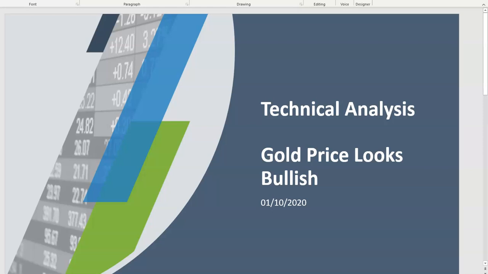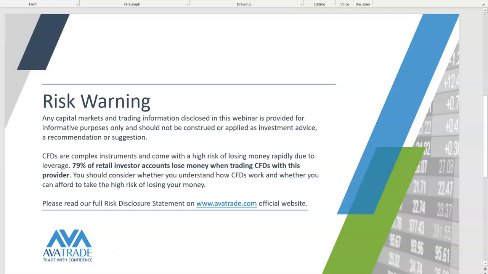Gold price is looking very bullish. So let's have a look at the price action and let's see what exactly it means in terms of its support and resistance levels. After all, this is what all investors and traders pay most of the attention to. Now, in terms of our fundamentals, we will also try to read some of the fundamental news and then try to make sense of that.